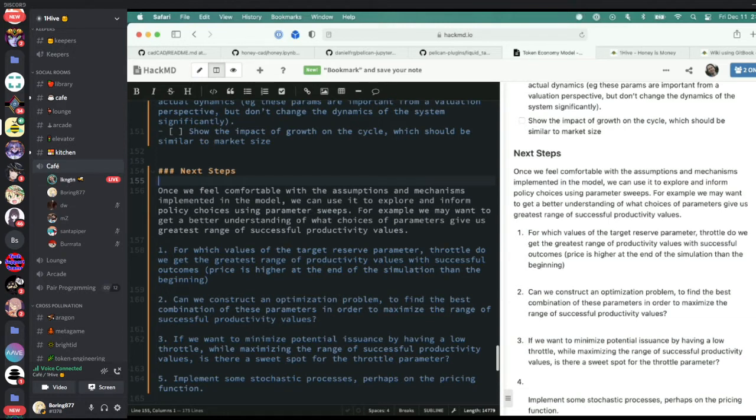Gotcha. Okay, so that seems doable next week. I can experiment with the stochastic processes for the pricing, and then set up better plots for the Monte Carlo and parameter sweep stuff, so that we can visualize the different runs against each other. And then does the line of reasoning that I outlined here, where we would